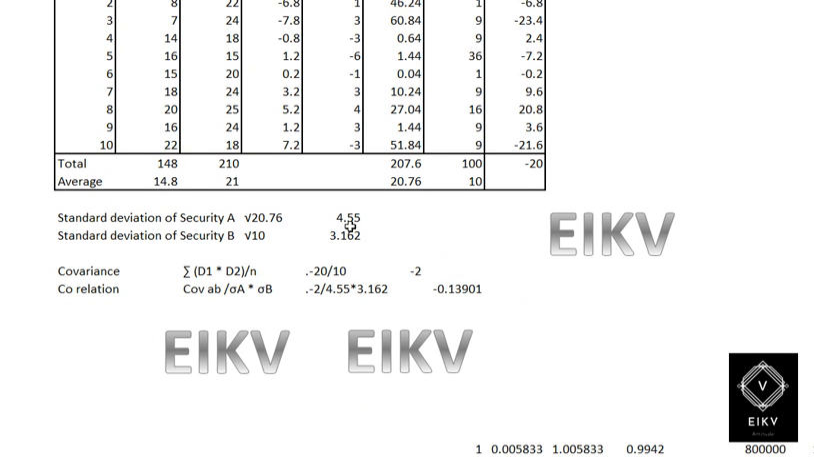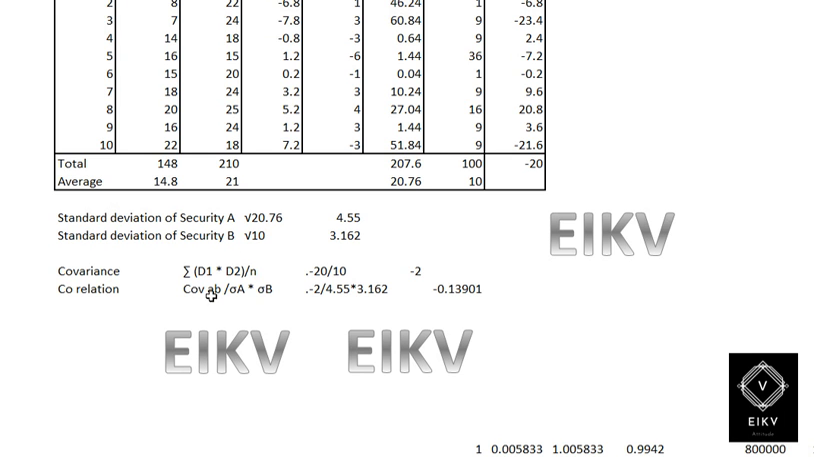Computing that, for the standard deviation, we need to take the root. So the root of 20.76 will give you 4.55, and the root of 10 will give you 3.162. So we have computed the individual standard deviations. Now we need to compute the